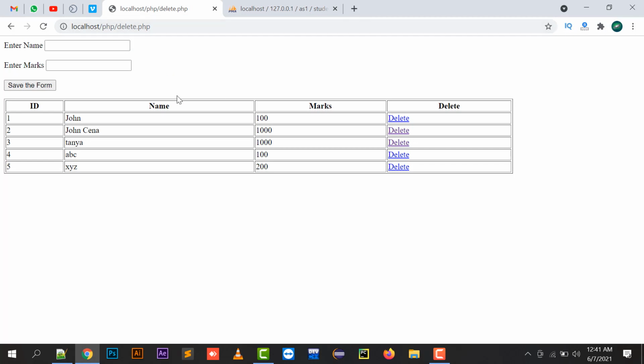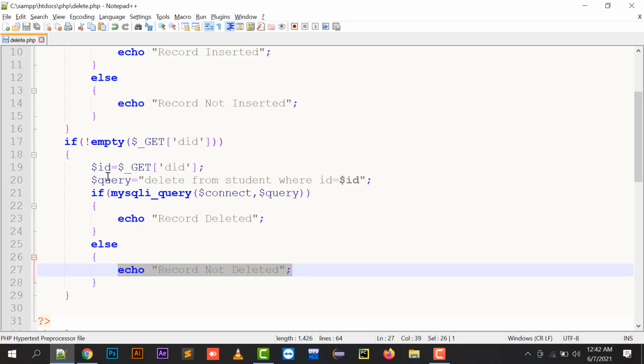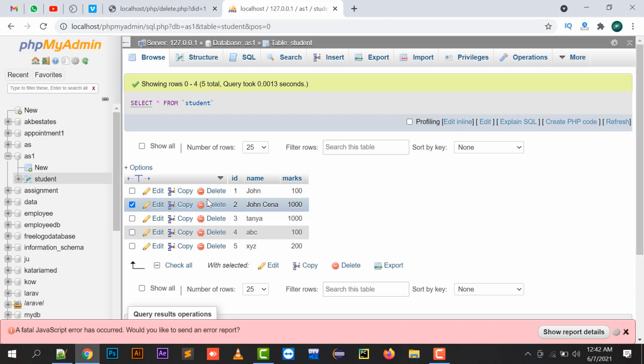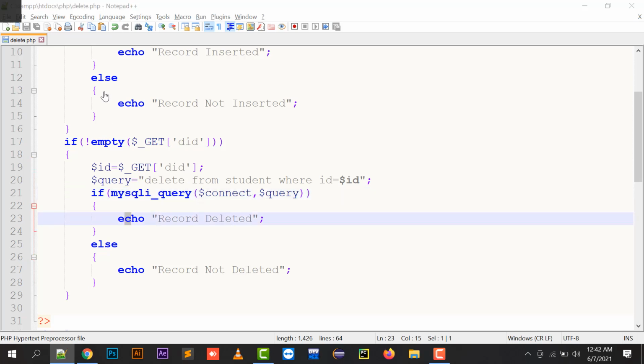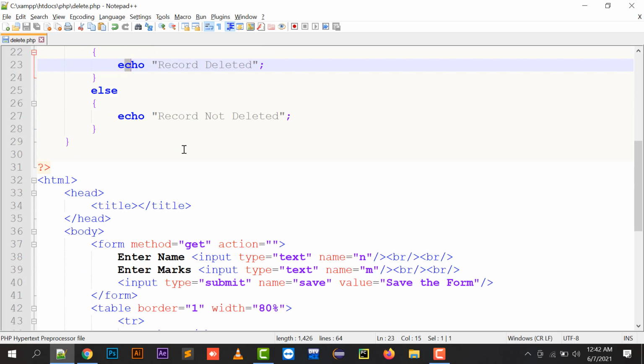If I click on the first delete text, and the did is passed over here, that did will be picked and stored in the ID variable, and delete from student where ID equals to ID runs. So the first record will be deleted from your database, and here it is deleted. And if mysqli query is executed, the record deleted message is displayed.